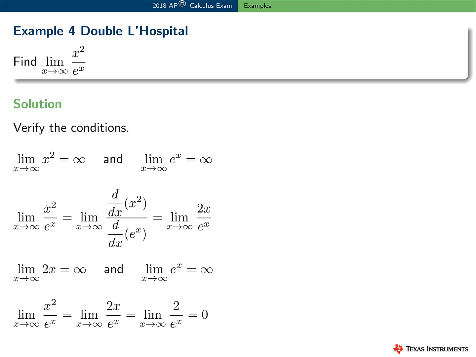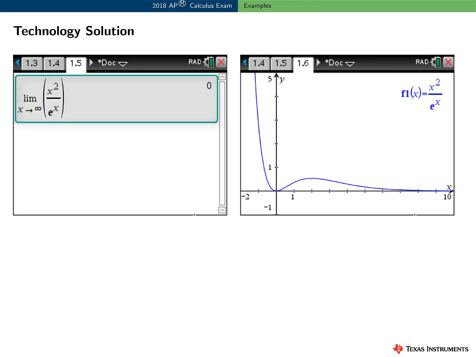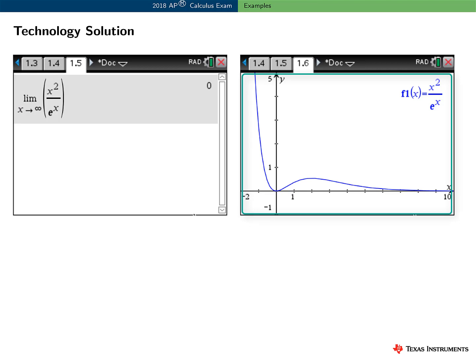This should lead to a general observation about the growth rates of power functions versus exponential functions. Here is a technology solution, and once again the TI-Nspire is able to evaluate this limit directly. And here's a little graphical confirmation of this limit. Even though I'm only looking in a very small window, it does appear that this quotient decreases rapidly as x